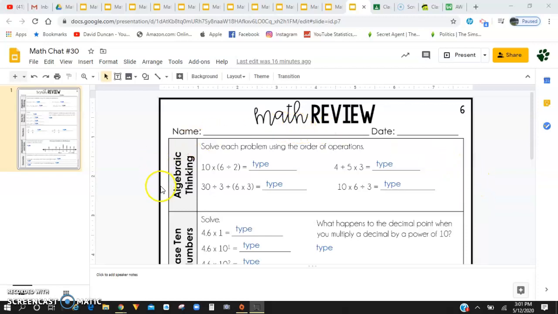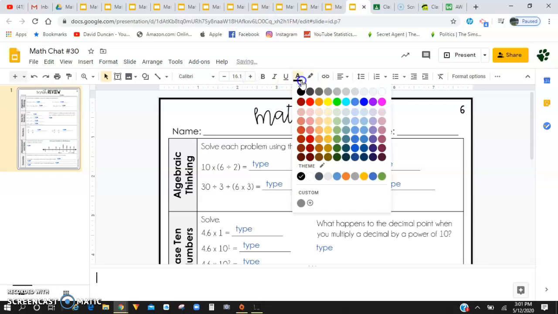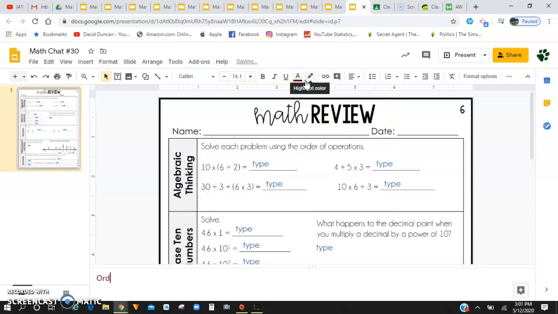Again, going to go through each one of these concepts with you, explain it to you a little bit, and then let you guys work on solving it independently. Algebraic thinking, you are going to be using the order of operations. And remember, the order of operations, I'll put a note down in the bottom for you guys right here. The order of operations